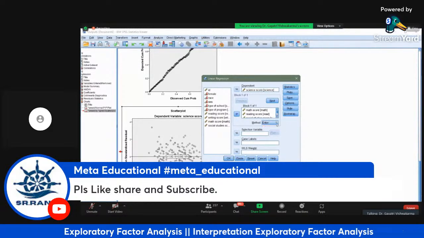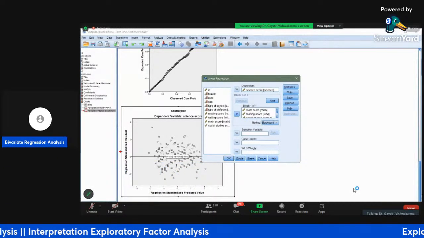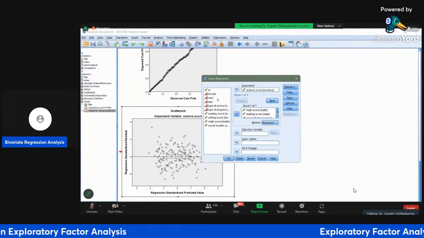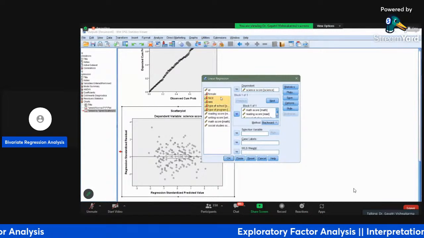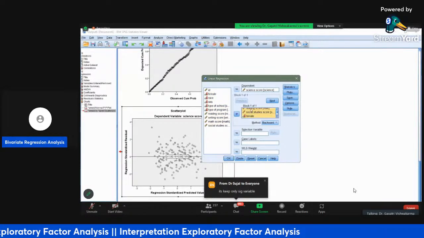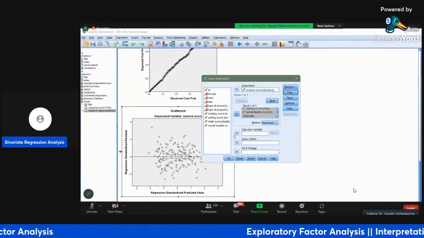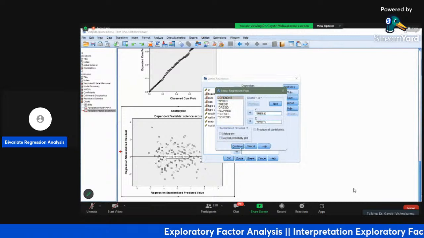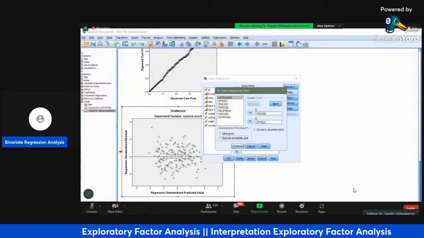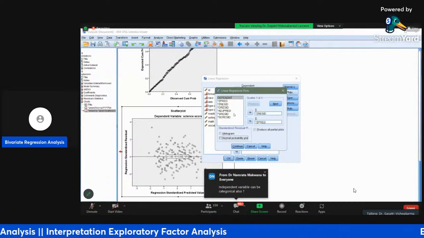Let me apply one of them. Let's say backward method. Okay, in all of the variables we can apply, let's say select all the variables except id, it cannot be a variable. Okay, I'm applying all the variables, and let's see what is happening here. Okay, and let me remove these assumptions now, because otherwise these plots are going to come again and again, and we don't want them now. So cancel. Okay, we don't want the normal probability plot now. We are building the regression.